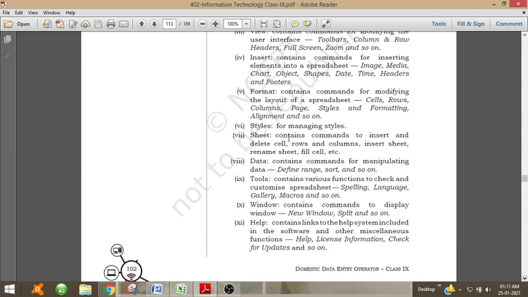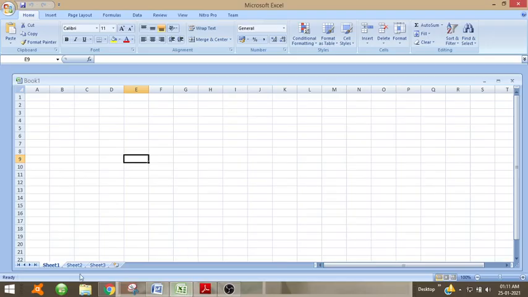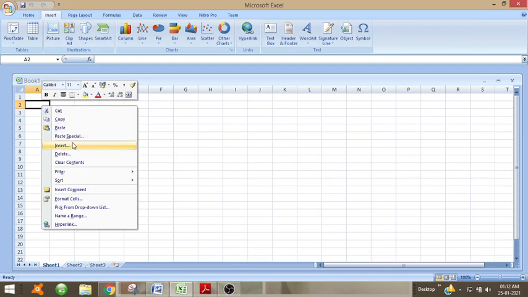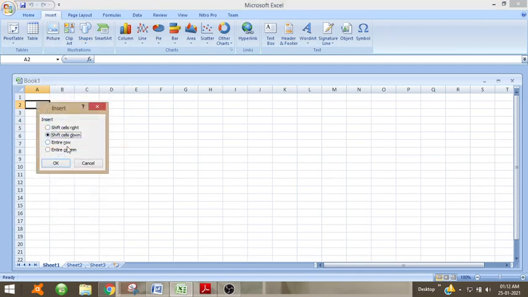Then sheet contains commands to insert, delete cells, rows and columns, insert sheet, rename sheet, fill cells. Here we can insert sheets. Then if we want to insert a column, click there, go to insert, then you can insert rows and columns.